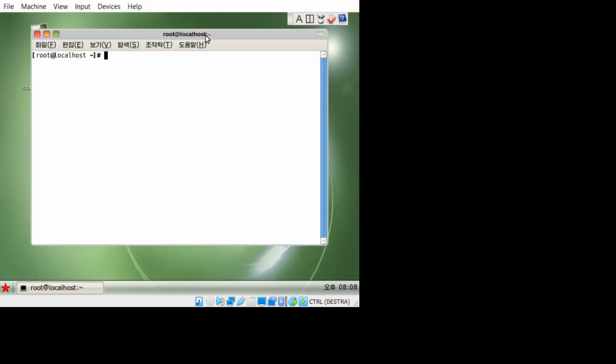Now let's change the language by going into the terminal and writing this command.